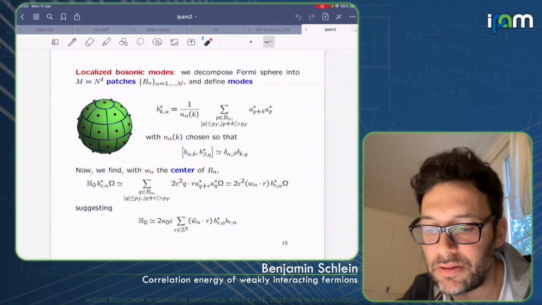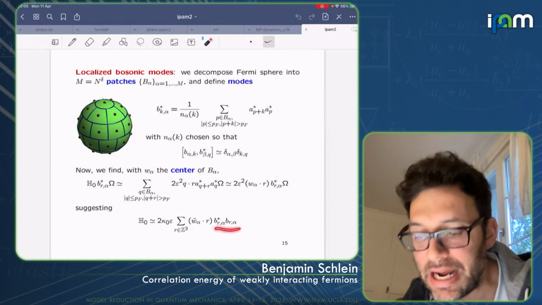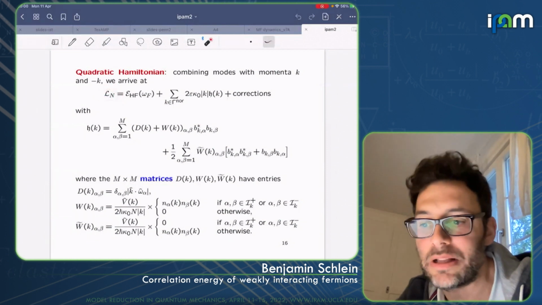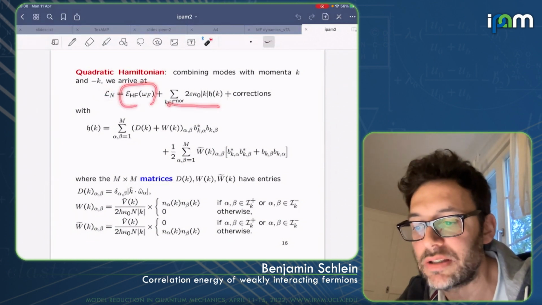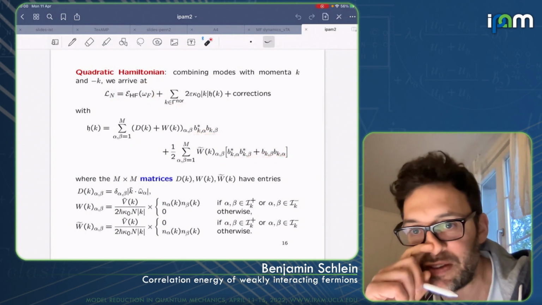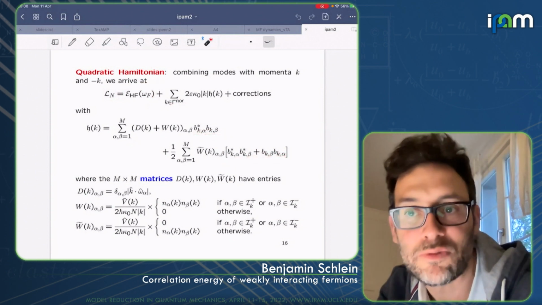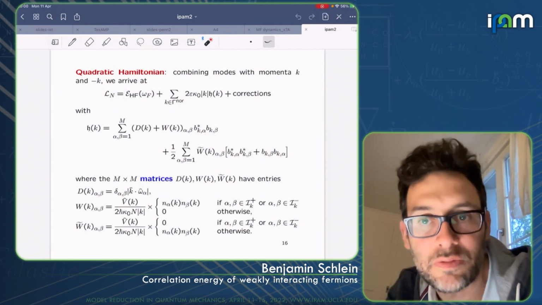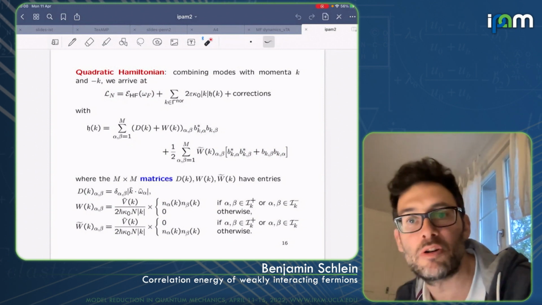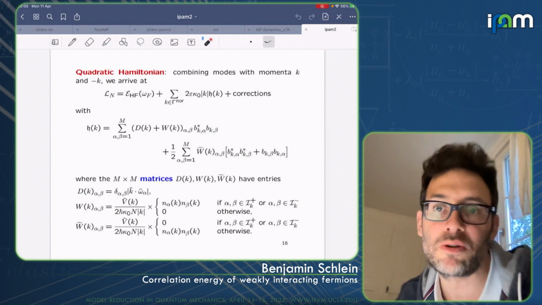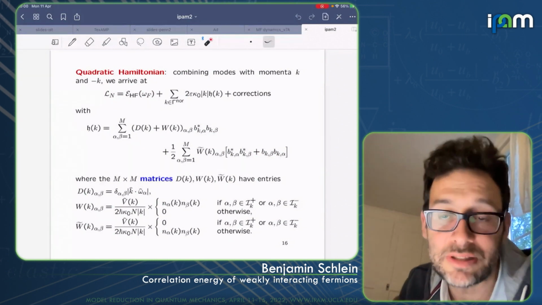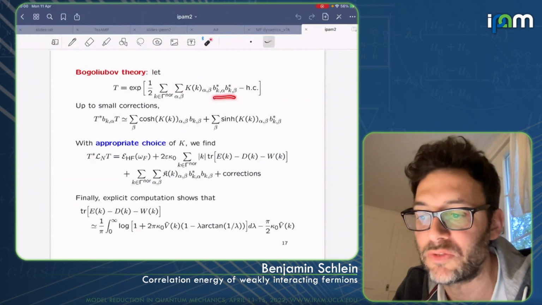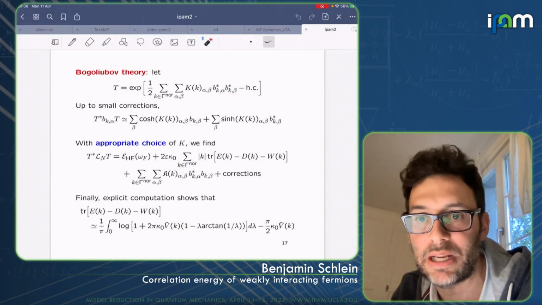And with this choice, we obtain an operator H0, which is quadratic in B and B star, so that now the full excitation Hamiltonian is a constant plus something which is quadratic in B and B star, in this almost bosonic operator. So what is left to do is to just diagonalize these almost bosonic quadratic expressions using the same bosonic Bogoliubov transformation that we used for the bosons at the beginning of the talk. Of course, now expressed in terms of these B operators, right?